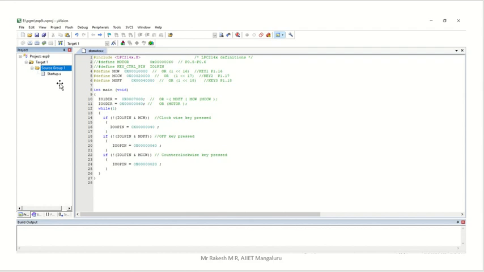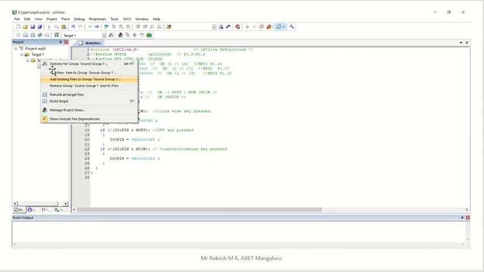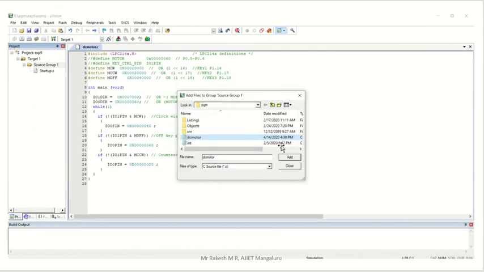Another code you have to add is the particular experiment code which you already created and saved. We have to add that in the source group. For that purpose, just right click on source group 1. Then we get Add Existing File. Add Existing File means we already saved that file, that's why we click on it. Then you will get this screen. Here select the file you saved, whatever file name you gave. But in order to see that .c file, initially you won't get it, because the file type may be different. So select the file type as C source file.